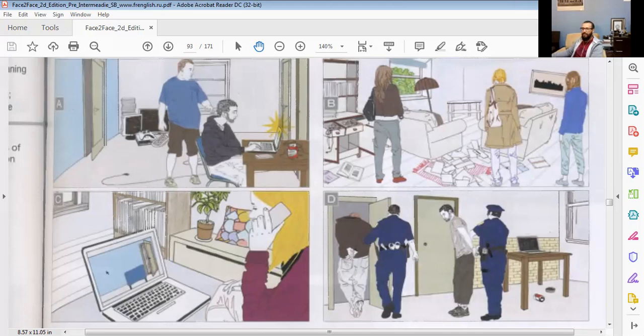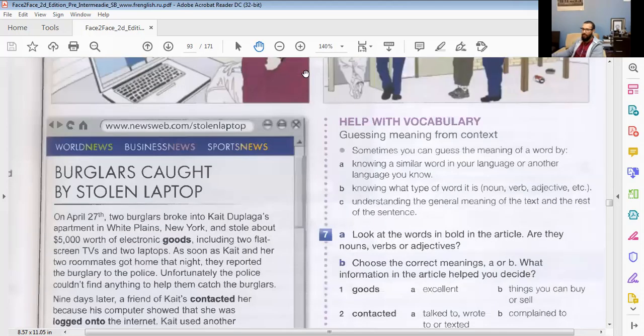Yes. Maybe they found them by the computer camera or their laptop. The two boys who stole the laptop, they use it and they catch them by the camera of the laptop, I think, because this is the same chair and the same door. Good point. So you might be right, but let's read first.